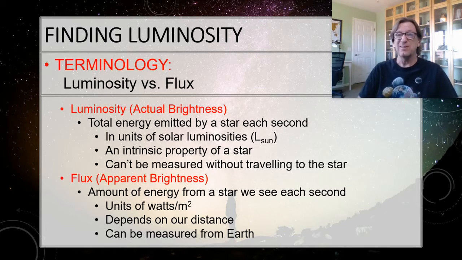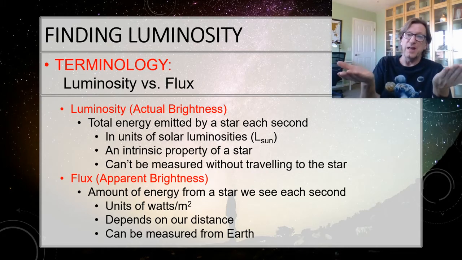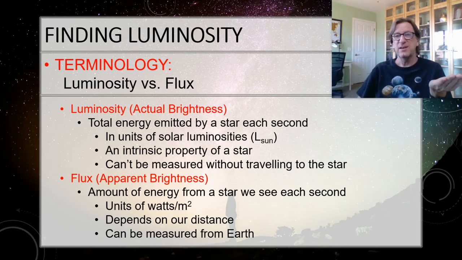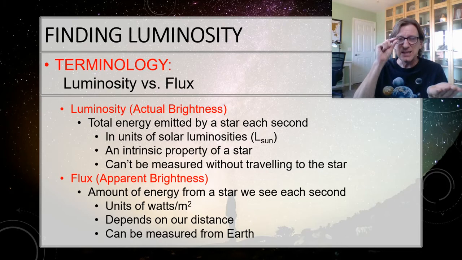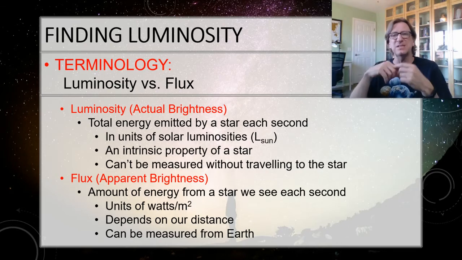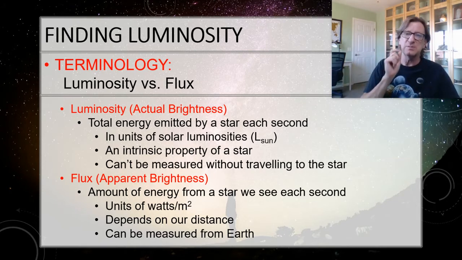For a star, think about it. If I've got a big square that big, say a big black piece of cardboard, and the light from a star is shining on that, how much energy do you think that's putting out? Tiny, tiny, tiny bits of flux. So your flux is always going to be a tiny number. It's going to be 10 to the minus 7, 10 to the minus 10, something like that. It's going to be a really small number.